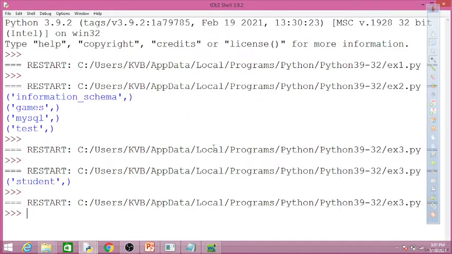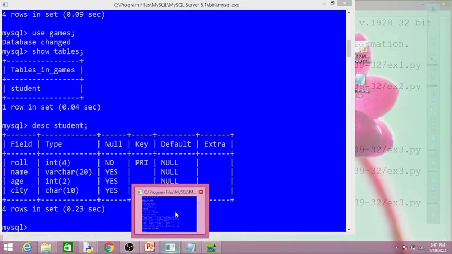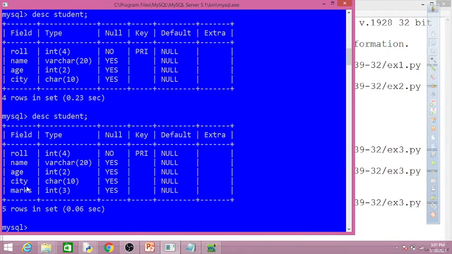Okay, so the program is executed successfully. Now we can check in MySQL whether the new column is created or not. Just type the command desc student and execute this. Here you can check this new column is created.